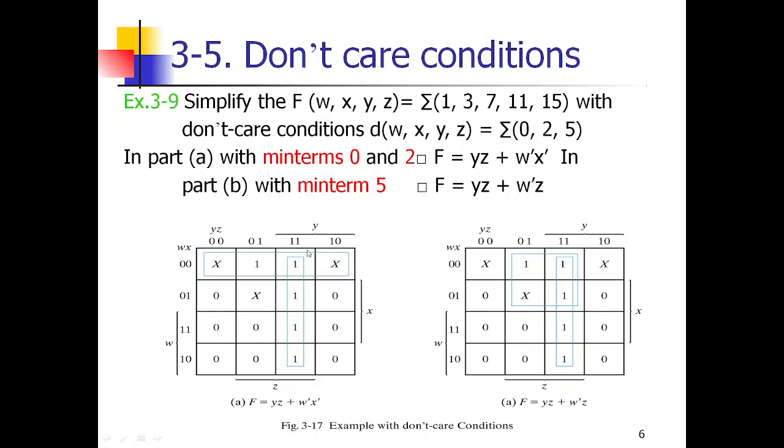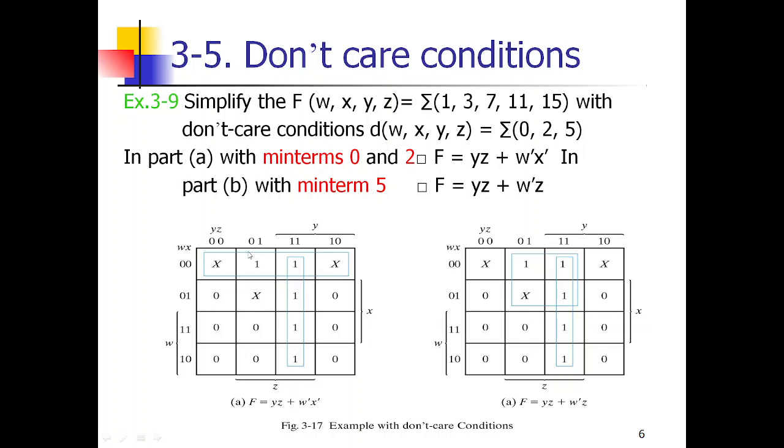So here we are having a quad possibility and here also we are having a quad possibility. See here, for this quad all the cells are plotted as 1, so no problem. And for this one and this one, normally if we plot this, it can be considered as a pair only. Okay, so when we are including the don't care, this pair can be considered as a quad. So to minimize the terms, we can consider the don't care min terms. Instead of this pair, when we are including this don't care, this becomes a quad.